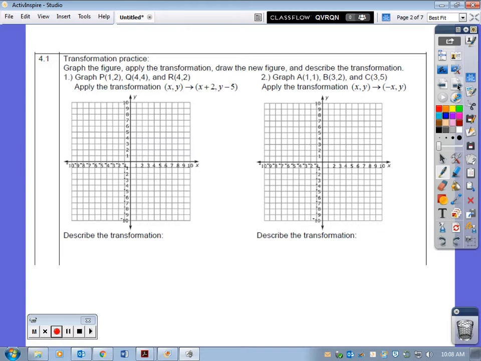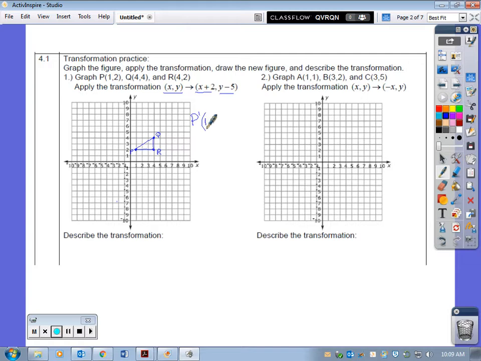So we're going to start with graphing the figure P, 1, 2, Q, 4, 4. So here's my P, here's my Q, and R, 4, 2. I'm going to go on ahead and connect those, and you'll see that it makes a nice triangle. And then we need to apply the transformation to it that we see up here, changing it from x, y to x plus 2, y minus 5. That means that we're going to add 2 to each of the x coordinates and subtract 5 from each of the y coordinates. So our P primed